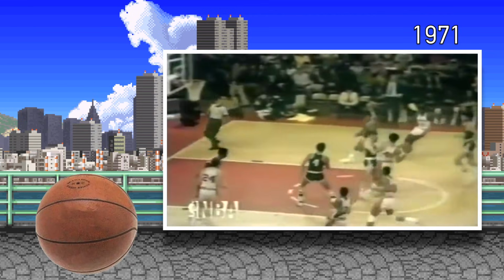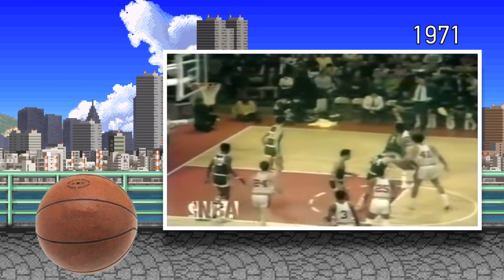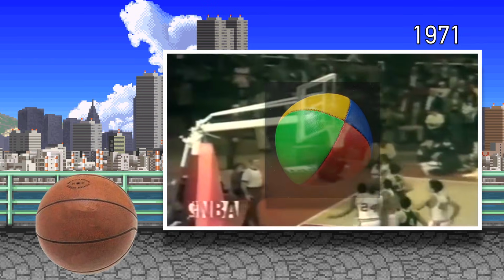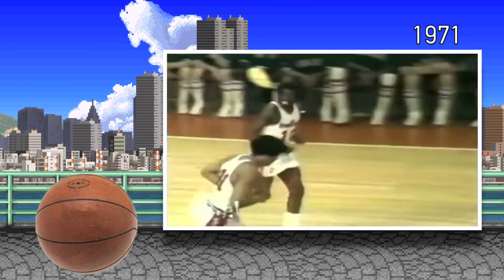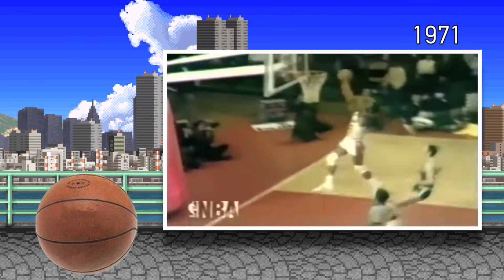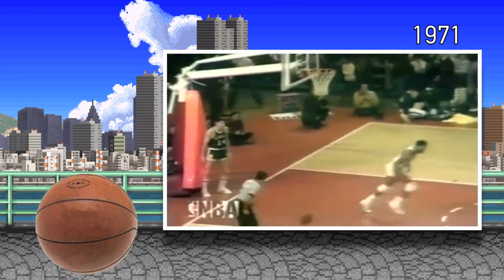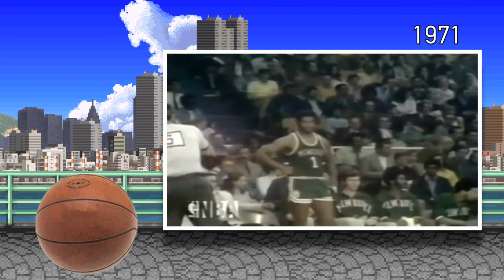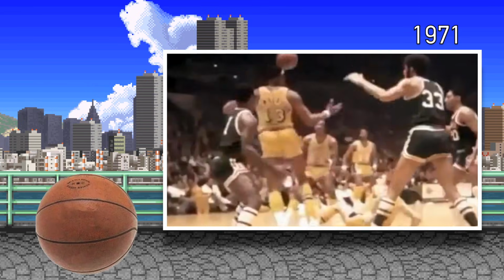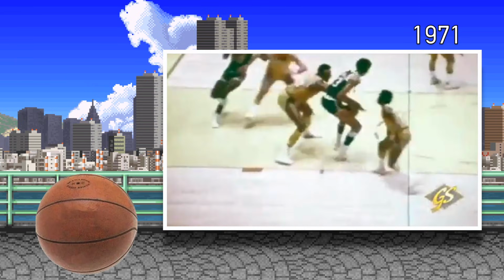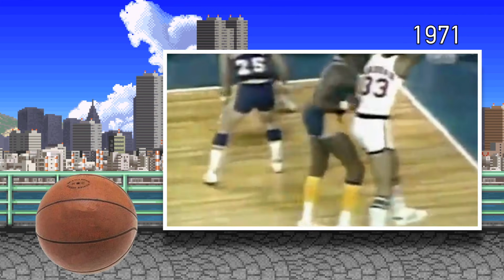Around 1971, the NBA changed the design of the ball from 4 leather panels to 8 leather panels. Having 8 leather panels instead of 4 allowed for a much better grip on the ball itself for better dribbling techniques. And 1 year later, in '72, the first synthetic leather ball was made, which made producing the ball much